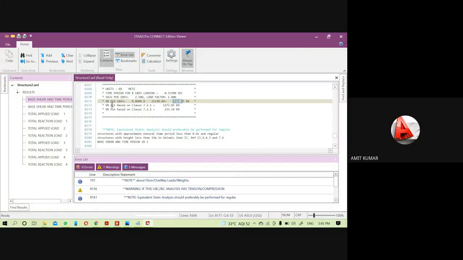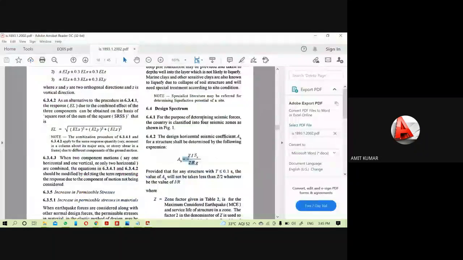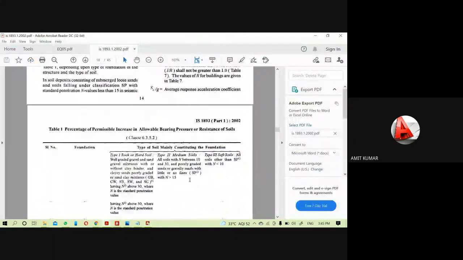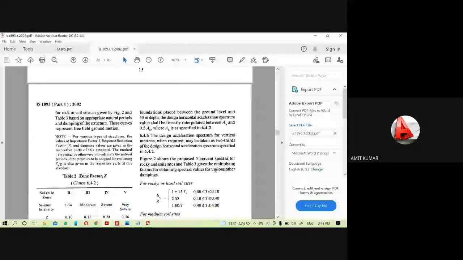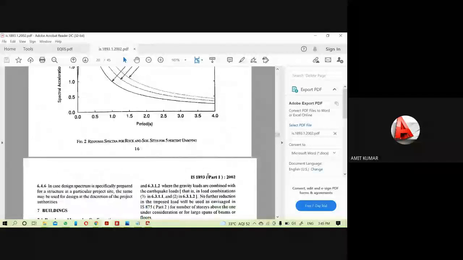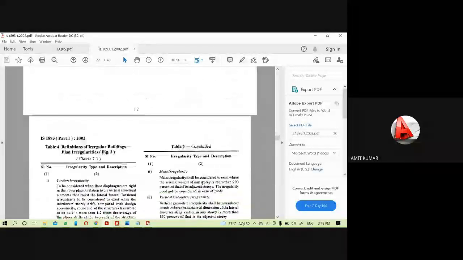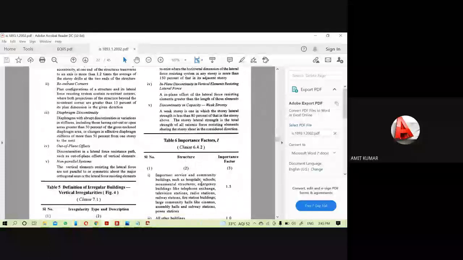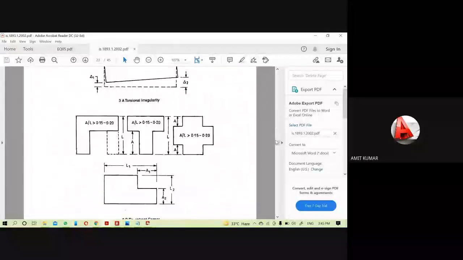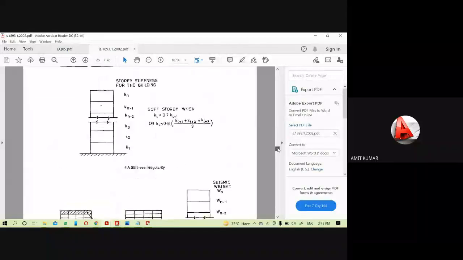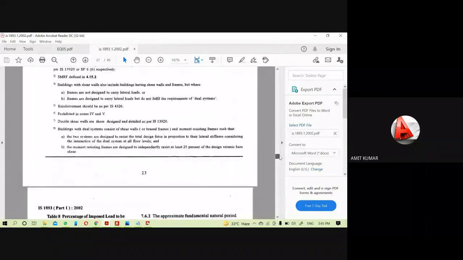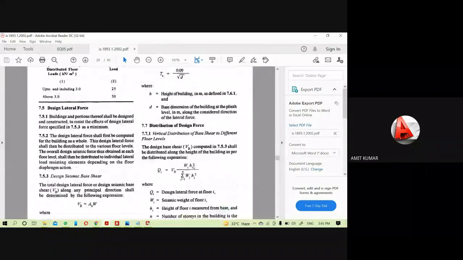So all these values will then be placed to calculate the design lateral forces through Qi is equal to VB multiplied by Wi hi square divided by the sum, you can see it here. I showed you earlier. Let me open it one more time. Where is it? Yeah, here it is. So you can calculate it manually also.